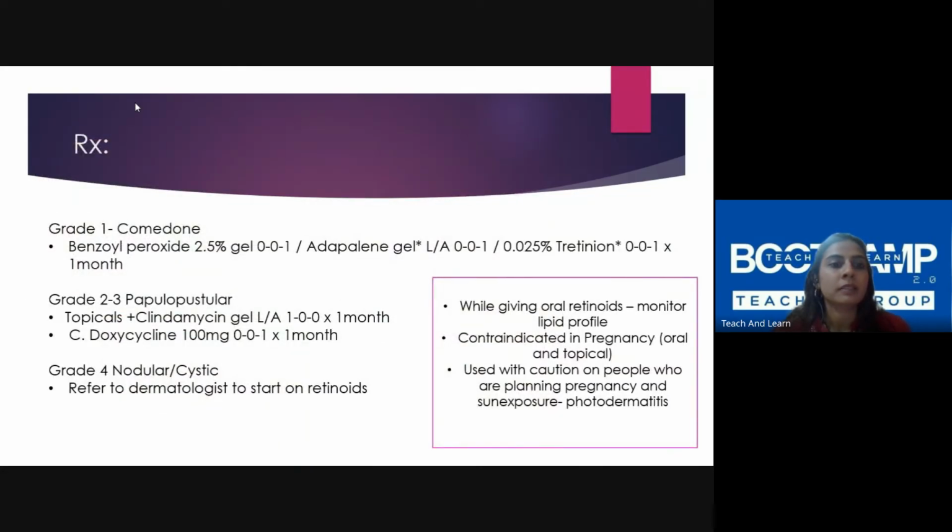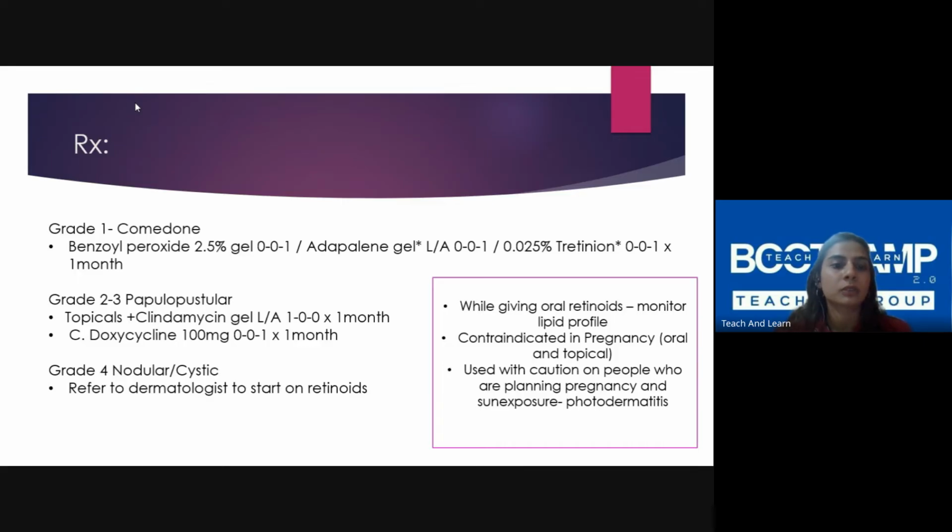So grade 1 would be just comedones. Comedones are basically clogged sebaceous outlets with keratotic material. That's why it appears as black, which we commonly call blackheads. These are open comedones, and in closed ones the pilosebaceous opening is closed, blocked beneath the skin. So it will appear as a hump rather than a black dot.